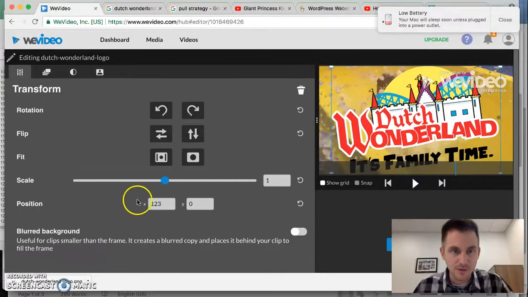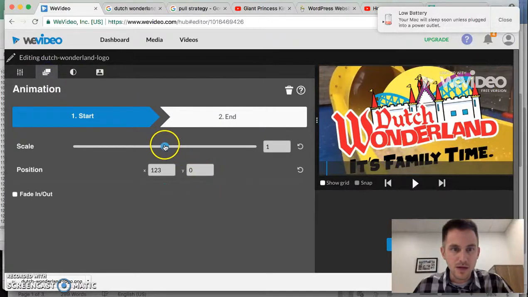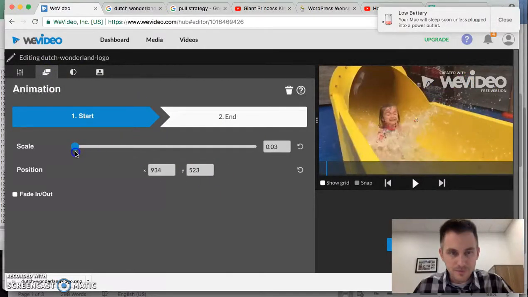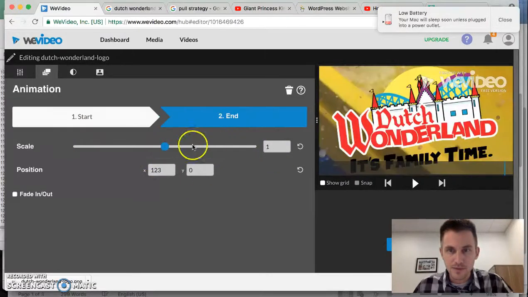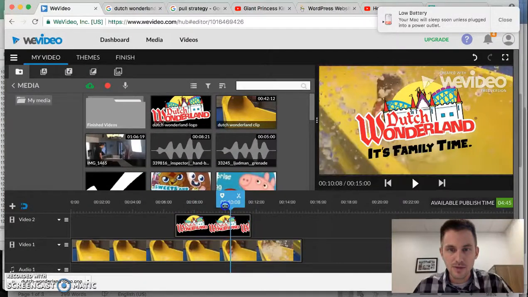I double click on that little logo, and I can change the size of it, but I don't actually want to change the size of it. I can either drag these little boxes to make it smaller. I don't actually want to do that because I like it full screen. It's cool, but I want to make it animate. So I want it to start small, and I want it to end the size that it is. So it's going to start small, really, really tiny on the start side, and then it's going to grow to the full size. So I'm going to click Done Editing,